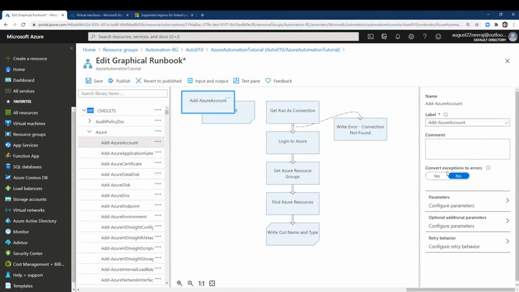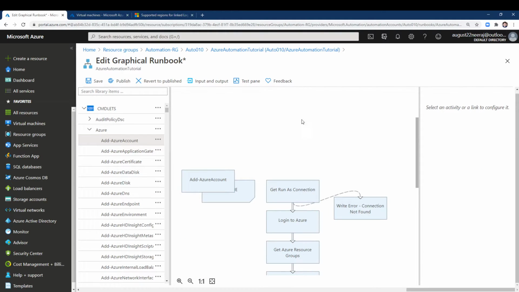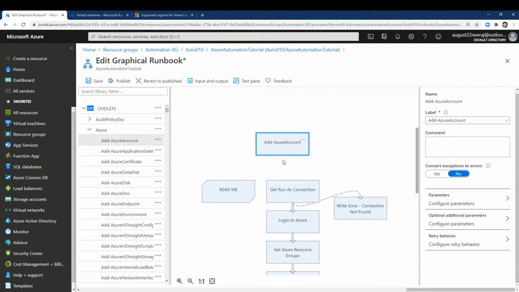But I would say the graphical manner will be a little bit difficult for you to work with. I'd rather suggest writing a PowerShell script or a Python script to automate it instead of going for this. If you're well versed, then well and good. Otherwise it is quite hard to manage this.